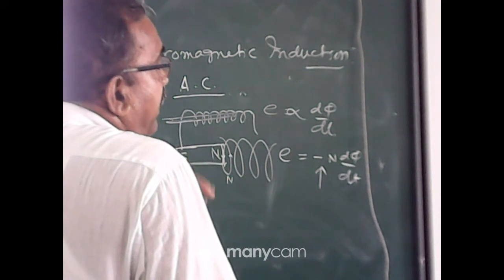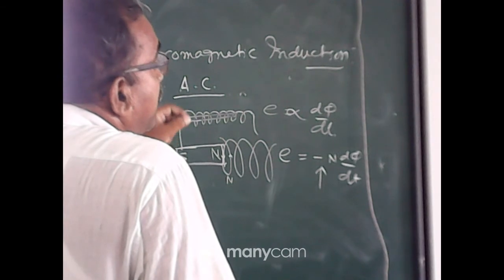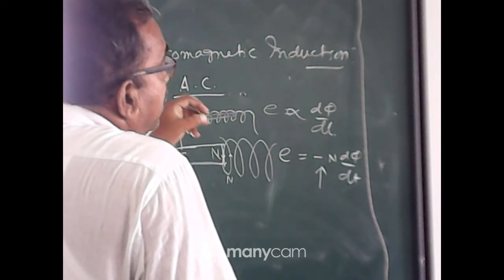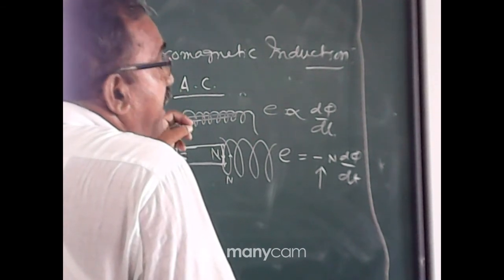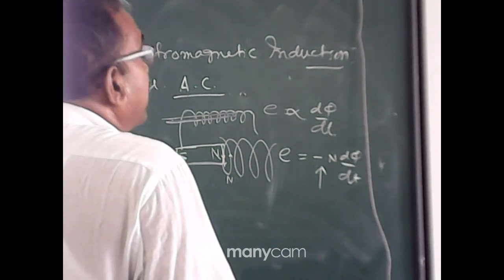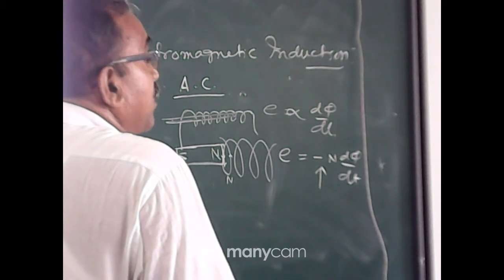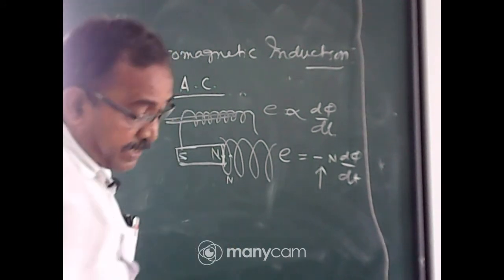That means the current passing through the coil creates some current in the nearer coil, and due to this current it creates some EMF, the electromotive force. The direction of the current will be reverse to the direction of the source current. That means you check here,